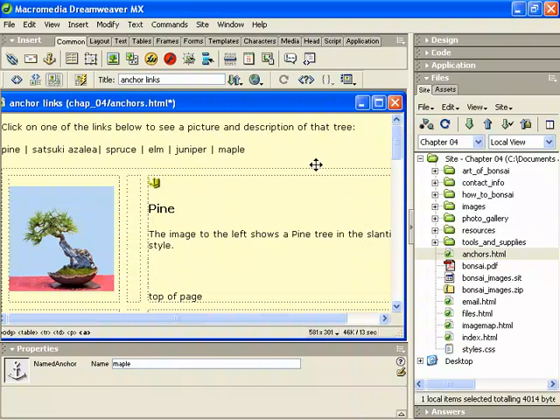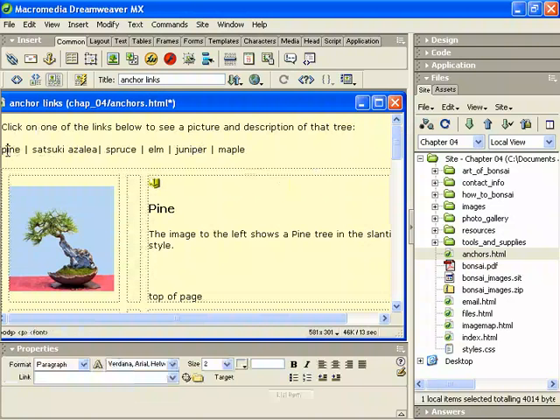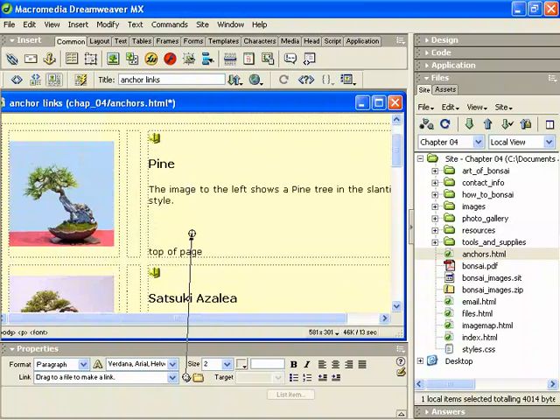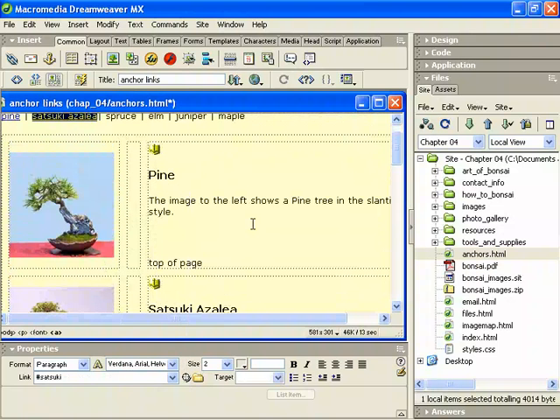So, how do I make it so that by clicking on each of these little blocks of text, they'll jump right down to that image? Super simple. Select your block of text here, or your word, and using the point to file feature, I'm going to point to that named anchor. That's all you have to do. So we'll click and drag to select Satsuki azalea. Now, I can't see that on my page, but if I come up with my point to file and I drag down, you'll see that the page will start to scroll up and down. And so I can hover over that named anchor, select the word spruce, use the point to file,